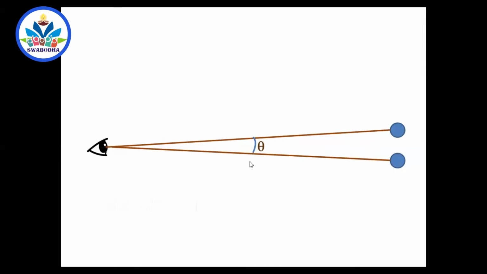Such a small angle it has to create, at least that much angle. 1 minute is the minimum angle that is needed at the eye by two separate objects so that you can see them just separated. 1 minute means 1 degree divided into 60 parts, and one part is called 1 minute.